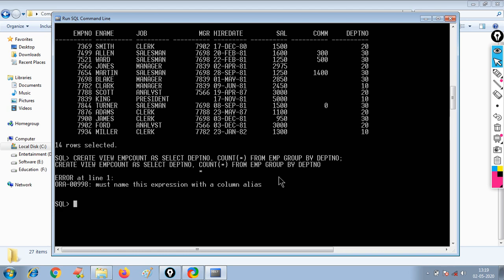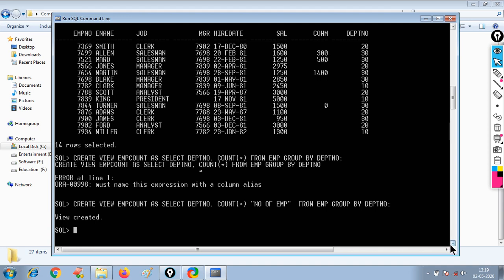While using count asterisk when creating a view, you need to give an alias, a name for that column. I'll give number of employees. So one view is created here.